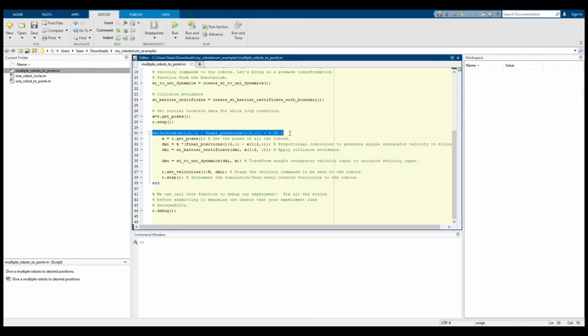Thus, it's always a good idea to include these close enough statements when checking if a robot or multiple robots have achieved a desired state before you continue with your custom algorithms. In the while loop, we will update all the robots' positions, create new single integrator velocities we would like our robots to follow in order to drive them to the new desired locations on the other side of the circle,